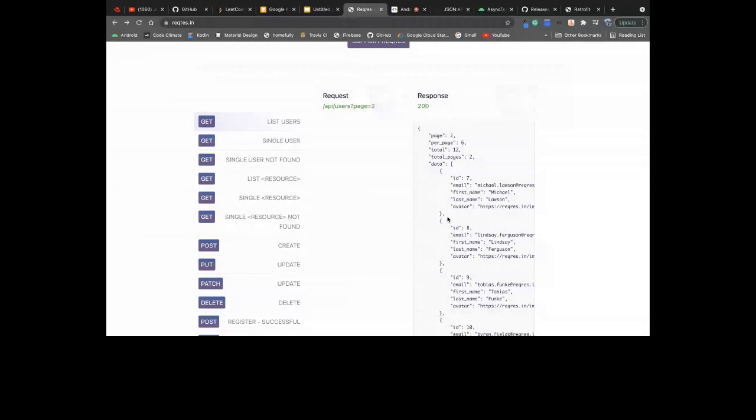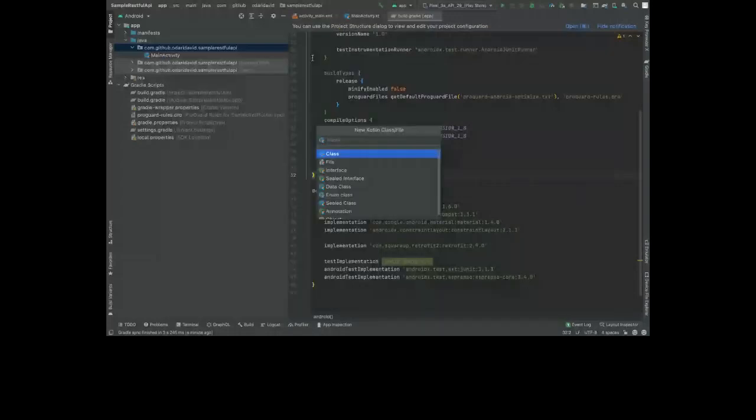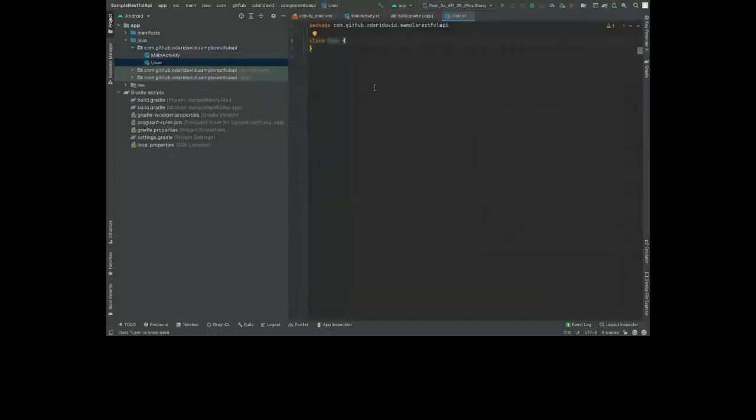This ID, email, first name, last name, avatar, we can group into its own class and then create a whole other class for this page, per page, total, and the data. So that's what I'm going to do next. You can do this by hand, but there are also plugins that help you do this. I'm not sure if I have it installed on this machine. I think I'll just create it by hand, but there are plugins that make your life way easier when you do this. I'm just going to call this User